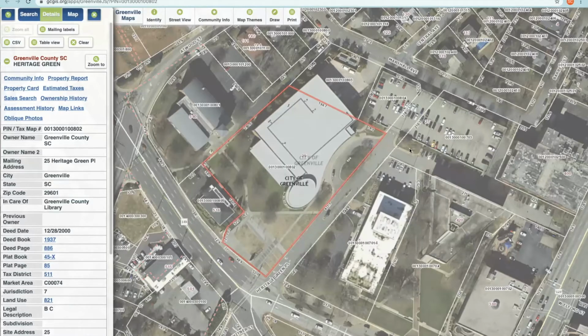By the way, I know I'm just talking about Greenville County, but there are many counties and cities that have GIS maps these days. I even looked to see, my parents, both sides of the family, are from a very small town in Virginia, and I checked and I actually found a GIS map for their hometown. So they're out there everywhere. And usually to find them, you can try Googling GIS map for whatever county you're looking for, and you might be able to find some.